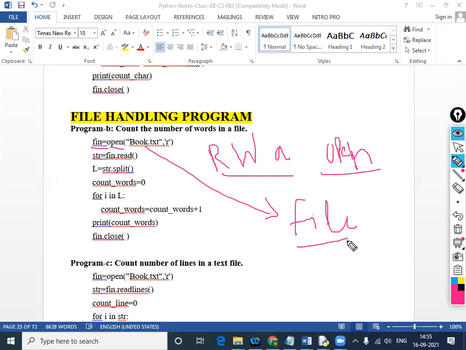In that file the content is already written. हम ये मान रहे हैं कि book.txt में content लिखे हुए हैं. We are reading that file because first we have to write it, then we have to read it.